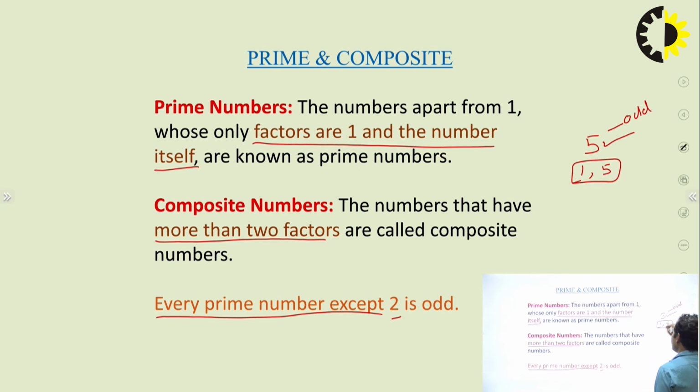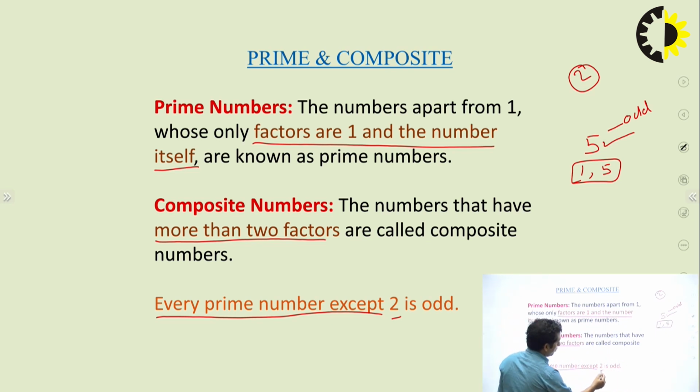The only even prime number is 2, and all other even numbers are divisible by 2, so they cannot be prime. This property is used many times to generate prime numbers